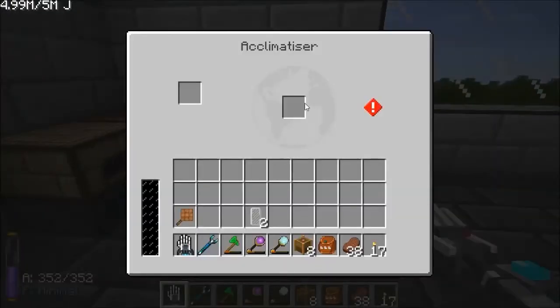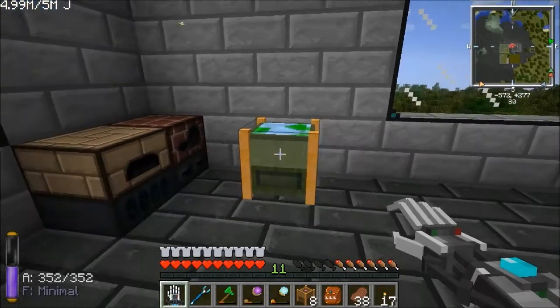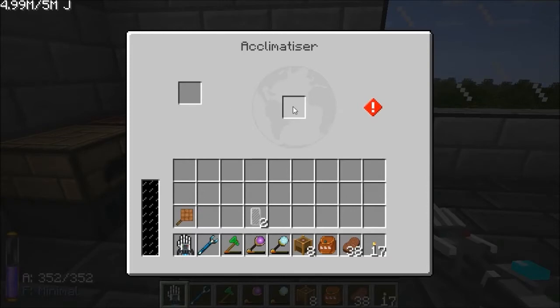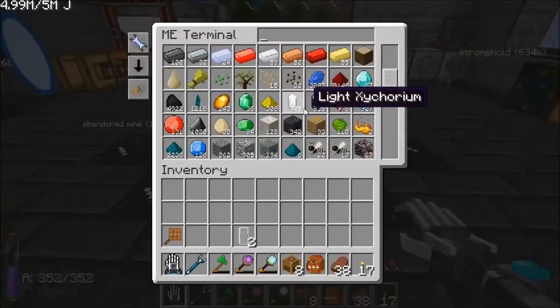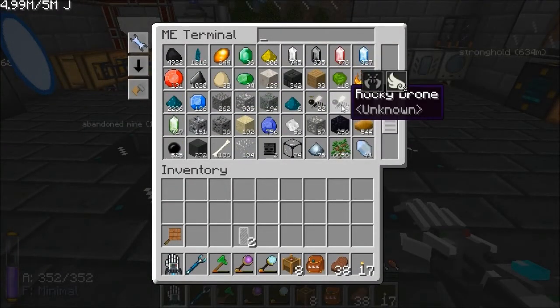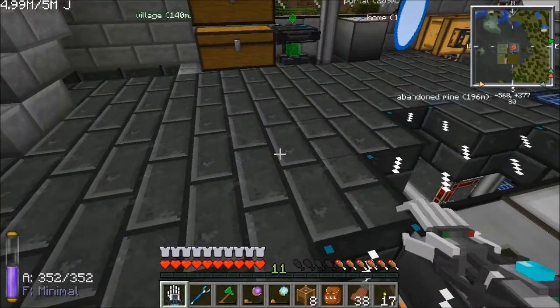So that's later on. When we get to the bees that have got specific tolerances, we can use the acclimatizer to make one so it's got a tolerance of 5 temperature. There are two tolerances: heat and humidity. Heat, there's only 3 different settings, and if we use rocky bees as our base bees, let's just grab a rocky drone and let's grab my